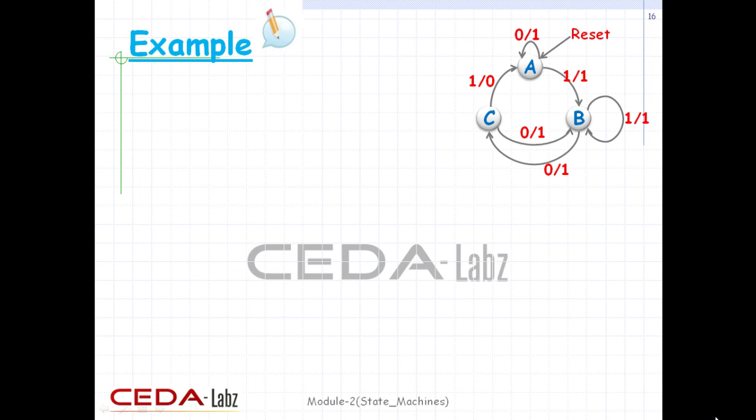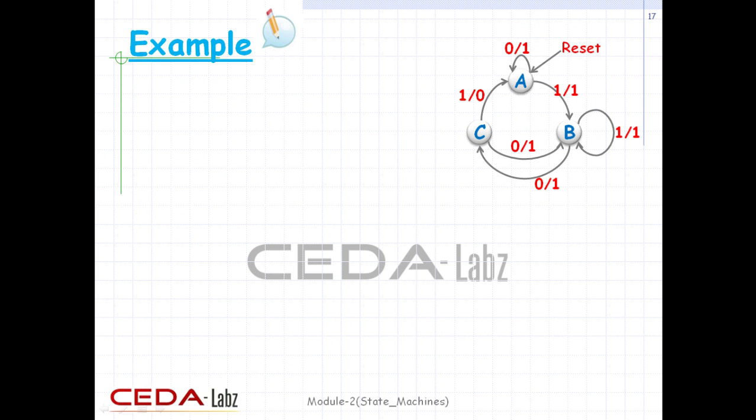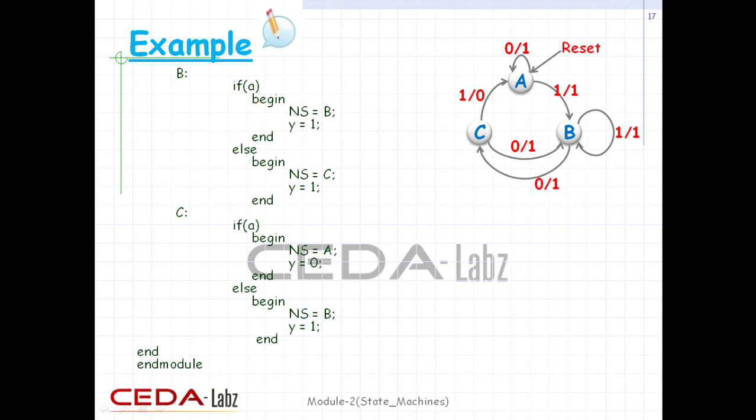In coding style 2, we are combining the coding of the 2 combinational blocks. That is, we have a separate always block for the sequential circuit, that is the memory element, and a separate always block for the combinational circuitry, that is the next state decoding block and output logic block. Unlike in the first style, where we had a separate always block for each state machine block. The memory element coding will remain the same. In the combined always block, we will combine the next state result and output in the same if-else block, as we can see. Each if-else block of every case will contain the information, which is the next state and what will